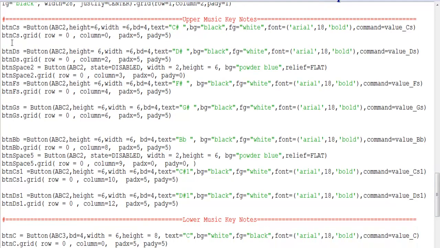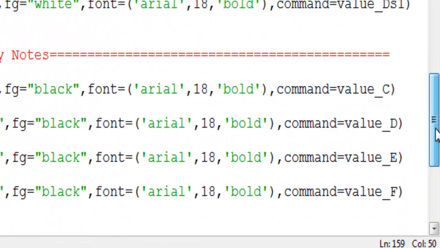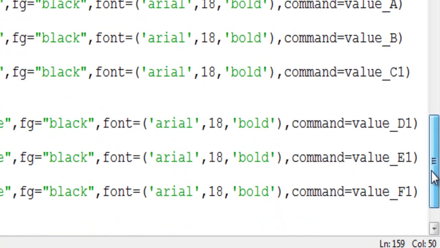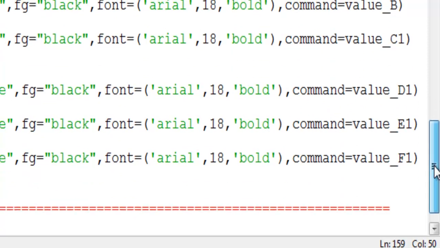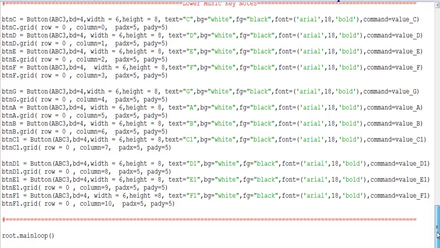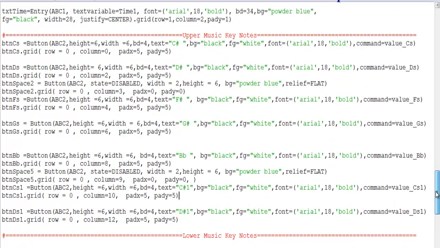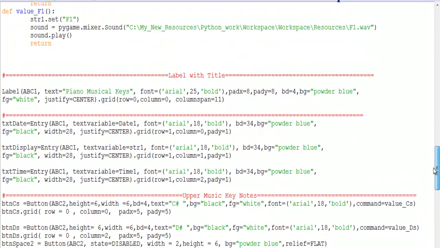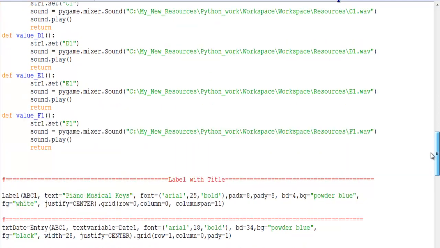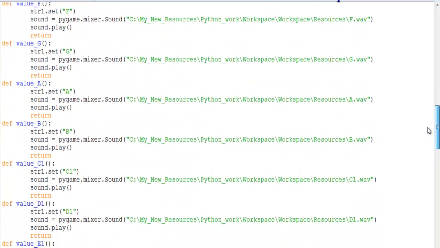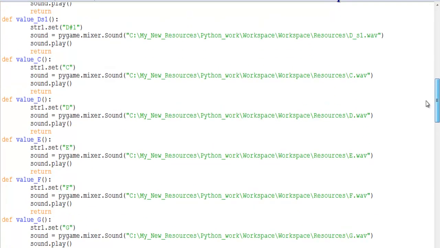This from here is the upper music key notes, and the bottom ones are the lower music key notes, and that's where I call all of the defined functions, and that is all to it. So I'm now going to run the program,